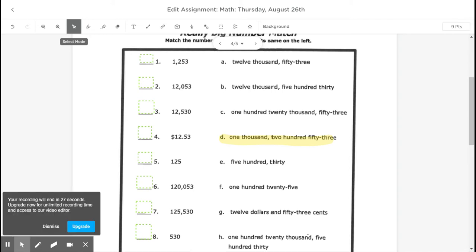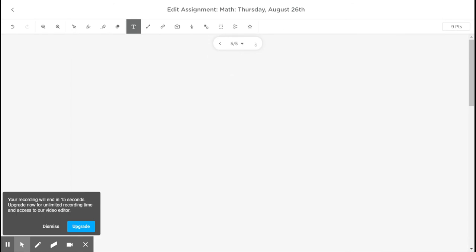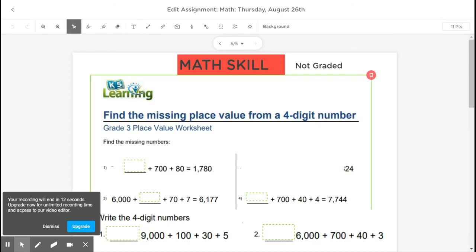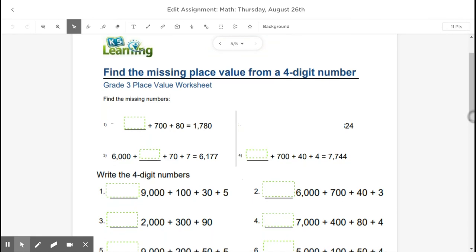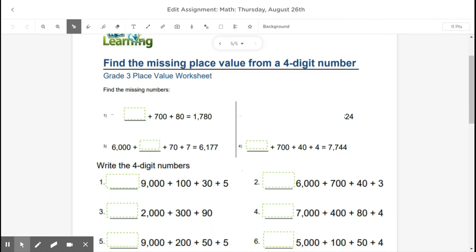Do not click the type tool. Do not click the T. That is not how you will submit your answer. Do not write the answer in there. It will not grade it correctly for you. Finally, on the last page, you are going to change numbers into